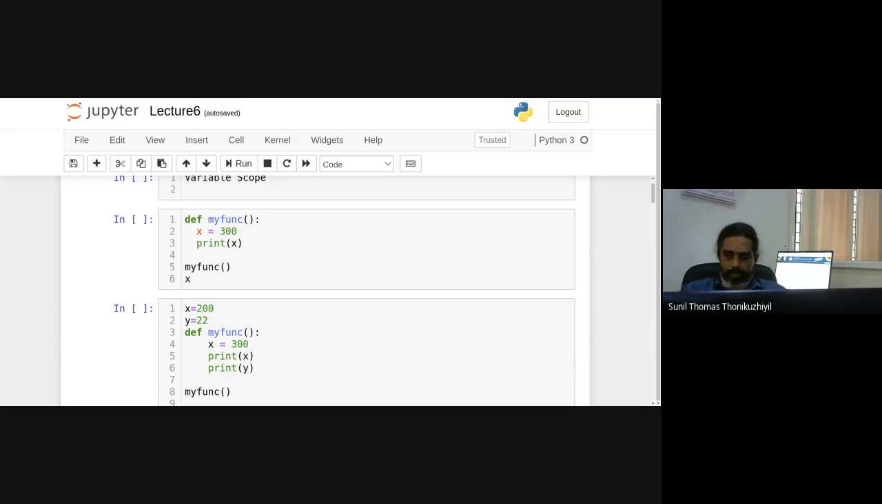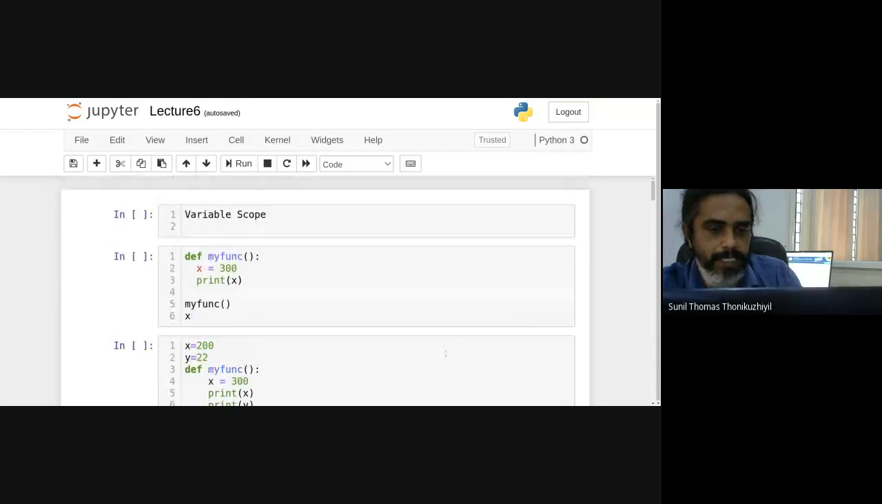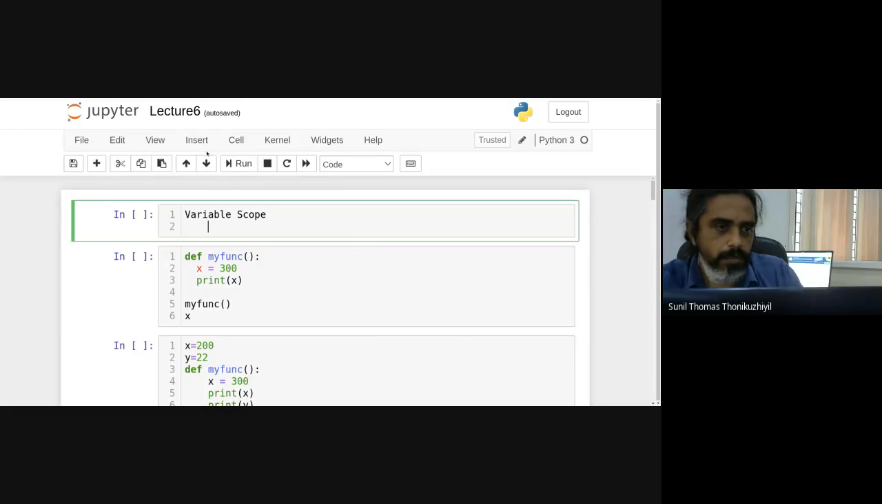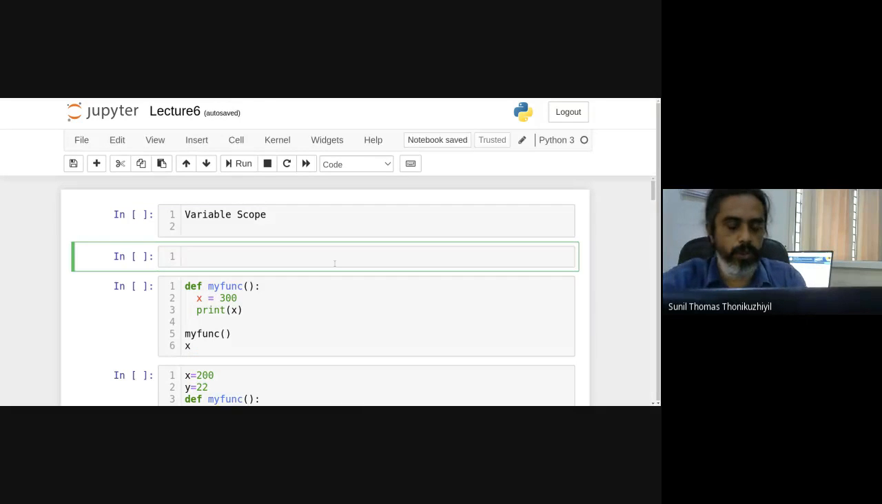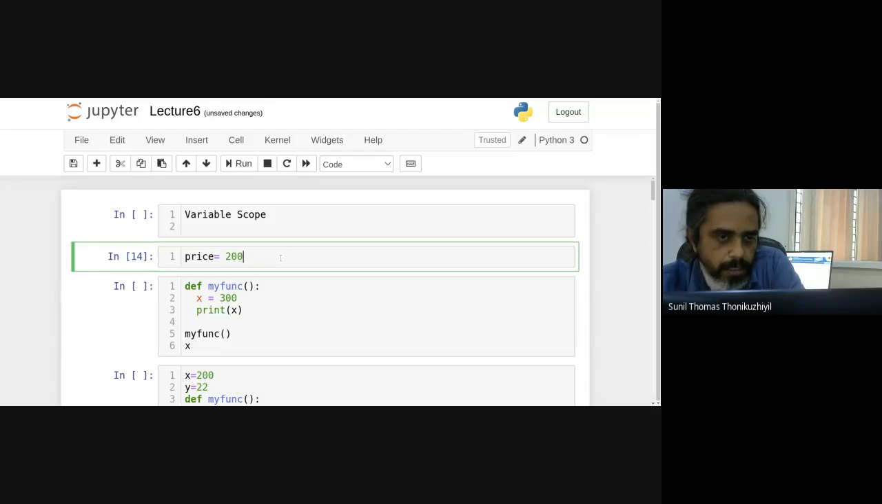Let me insert one cell here. Let us see, we can define a variable called price. Price equal to, say, 200. When I run this variable, what happens is that